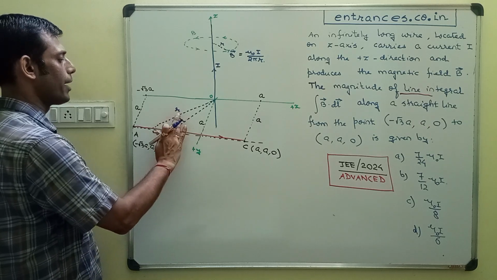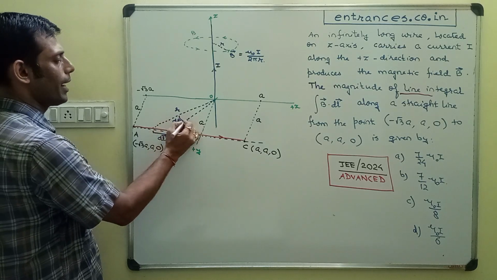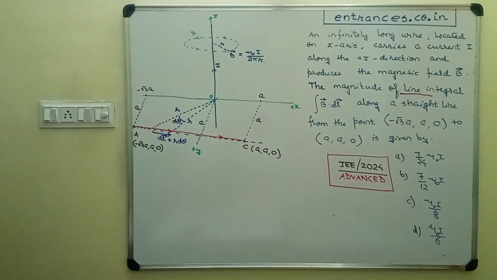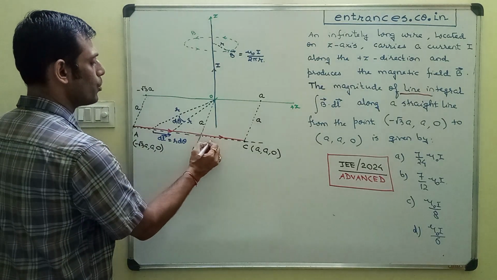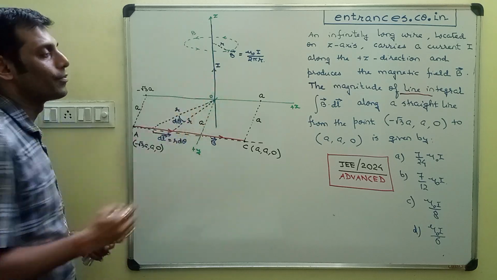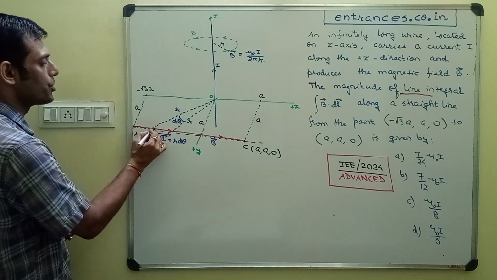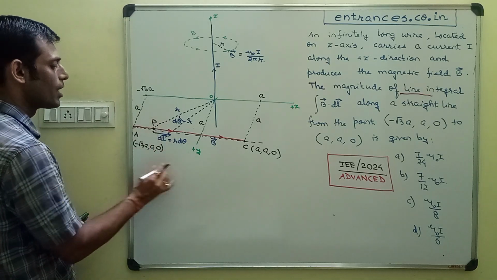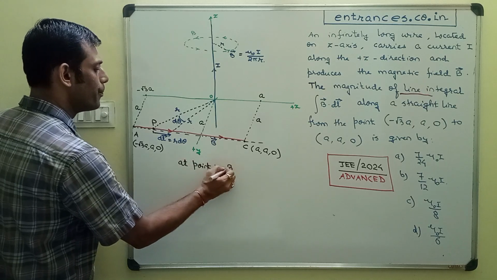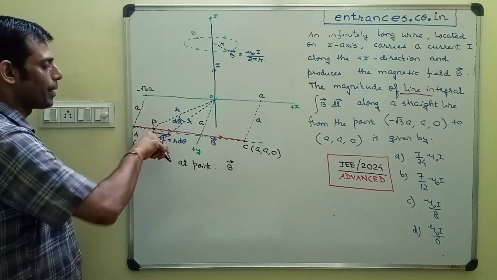If you assume that this angle is d theta and this radial distance is r, this is equal to r d theta. And the magnetic field is obviously to be calculated along this path. Every time you will get a new magnetic field value, and that's the integral. So at this position, at point P, what is the value of B? The magnetic field would be obviously perpendicular